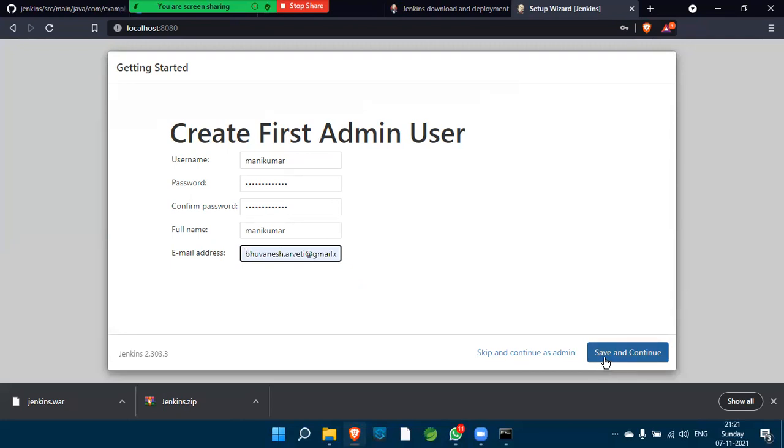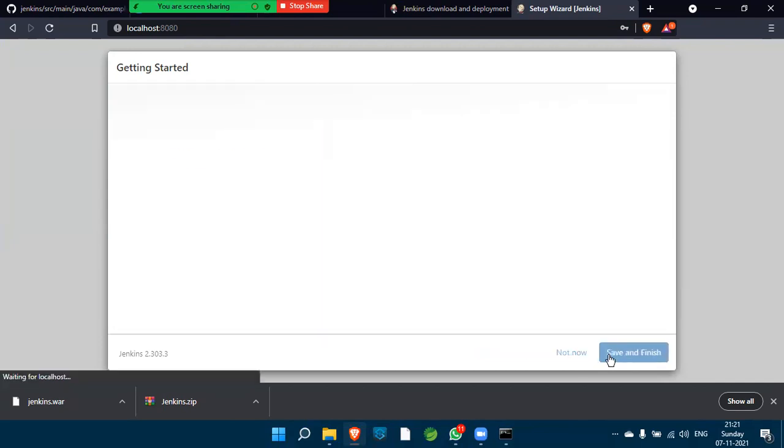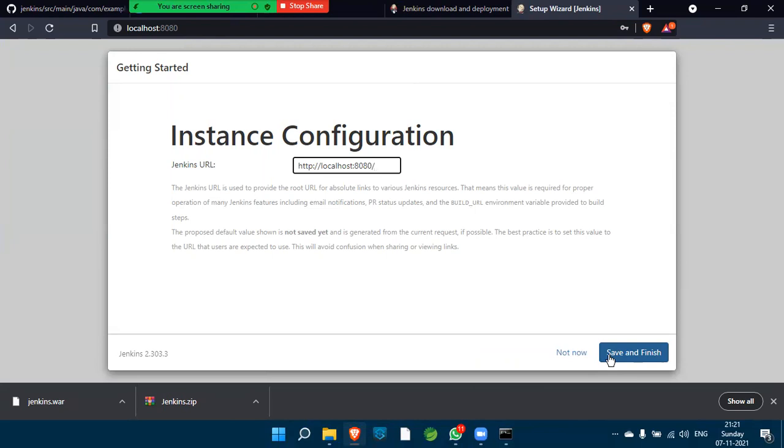After that, see here, save and continue. Once done here, please click on save and continue. See here, we can choose an external port number. By default, Jenkins runs on Tomcat server port 8080.